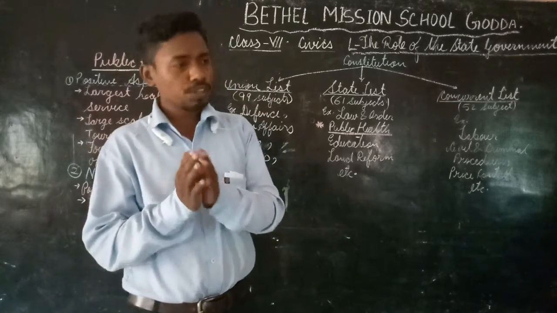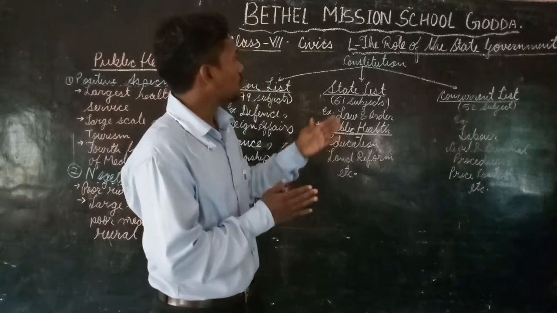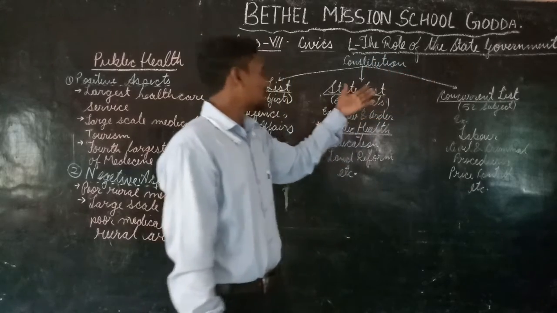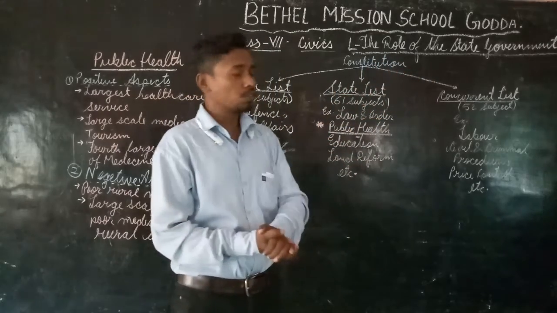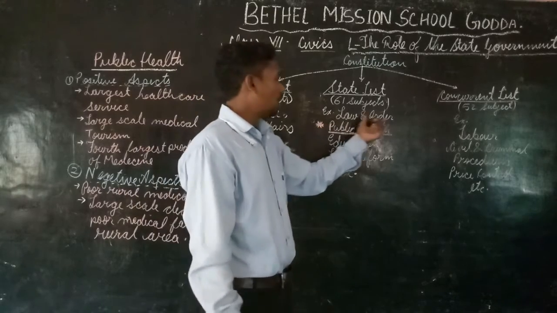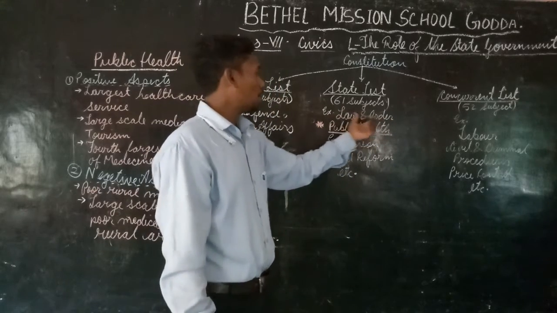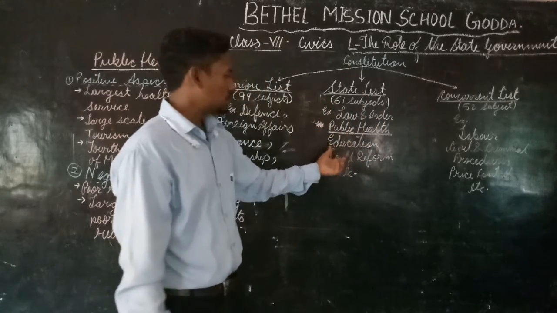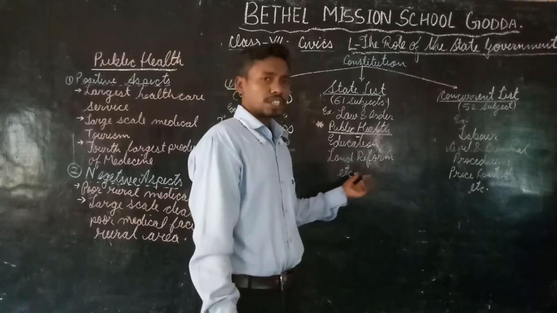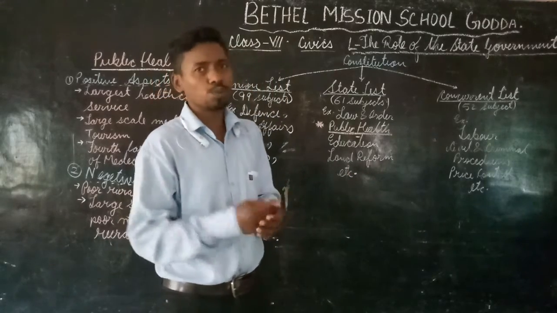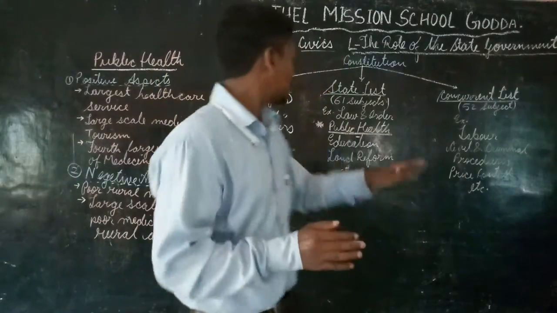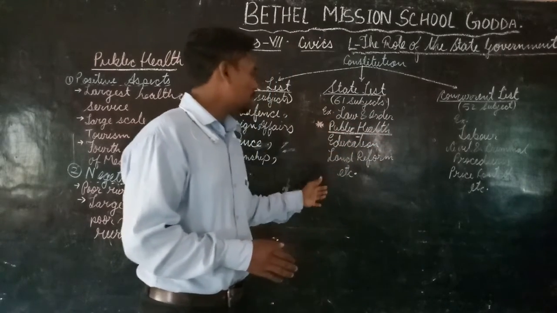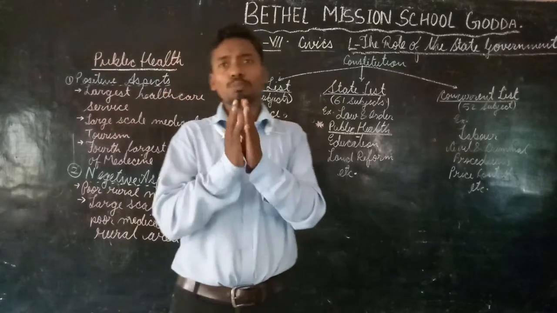So in this chapter we are basically concentrating on the functions that are operated by the state government. Let's see some of the functions carried out by the state government. We can see law and order. The law and order of a state is maintained by the state government. Public health, education, sanitation, land reforms, etc. There are so many varieties of functions. You cannot name them all; there are 61 subjects. You should try to understand that there are so many of them. I have noted here some of the most important ones.